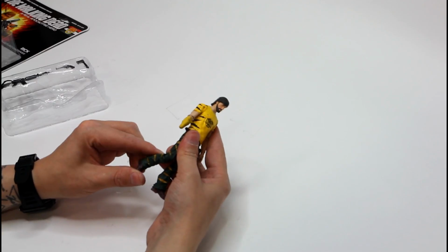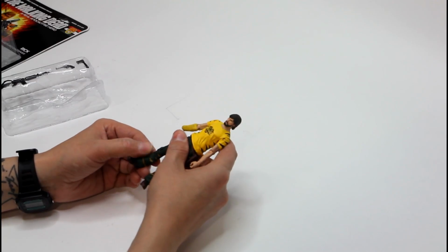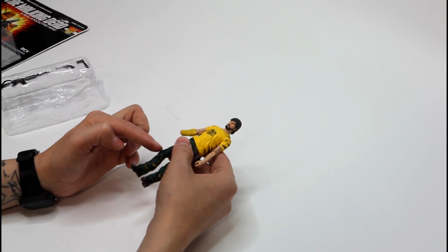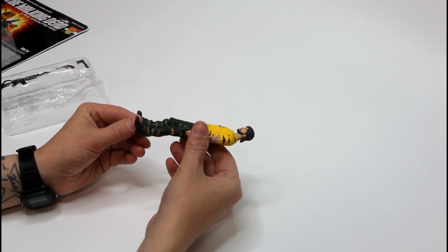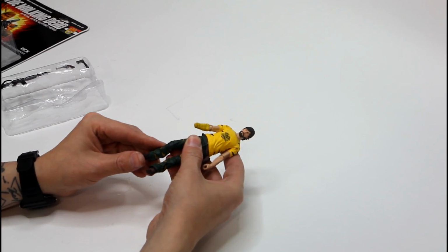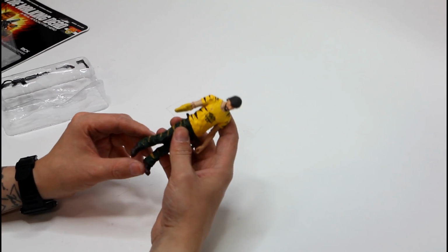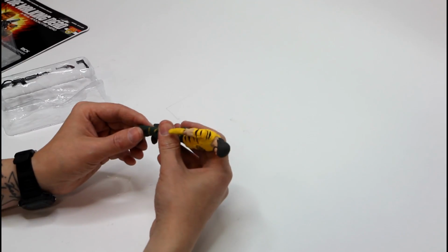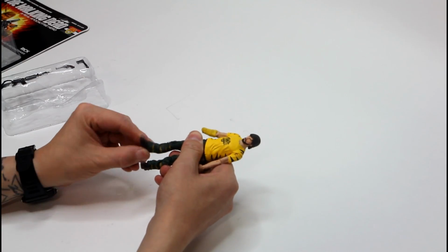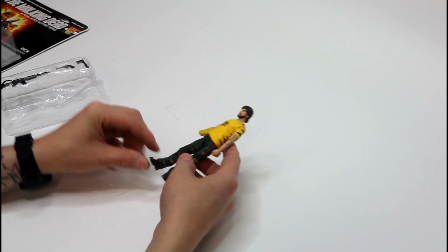And from the knee we've got 90-degree rotation backwards, and it's not like the modern Jaws or the MTF figures which have two parts to the knees. It's just a single joint, but it is kind of ratcheted, so it does lock in place at each position, which is pretty good if you want to pause him. I've noticed his knees do rotate as well. You can rotate these 180 degrees, which is great if you want to do a fallen off a building, I've broken my leg